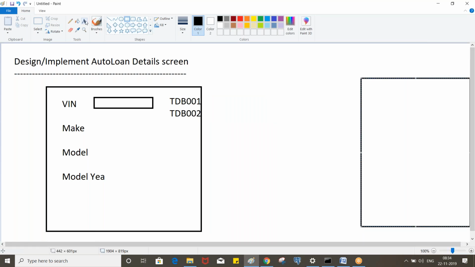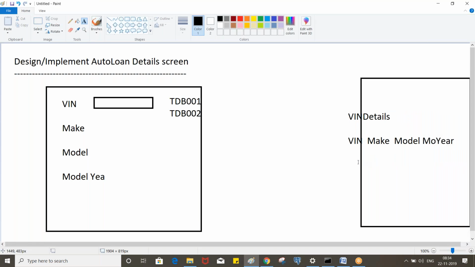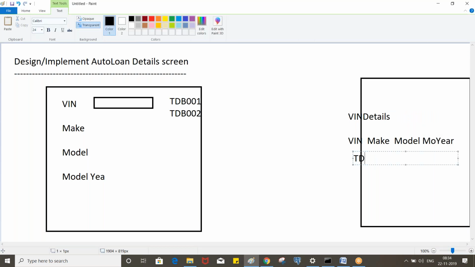Okay, so we'll have the VIN details data class with the properties VIN, make, model, model year. And here you will have the corresponding data, let's say TDB 001, make is BMW, model is X1 and 2017.